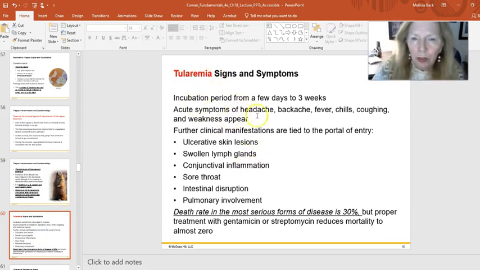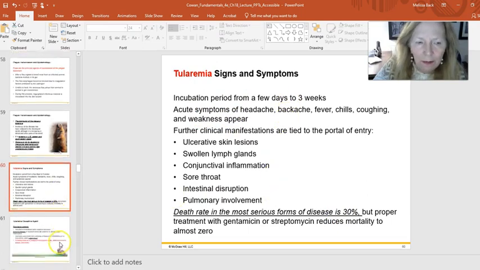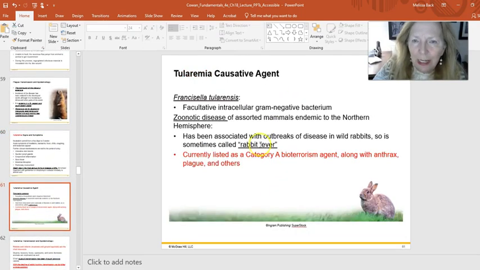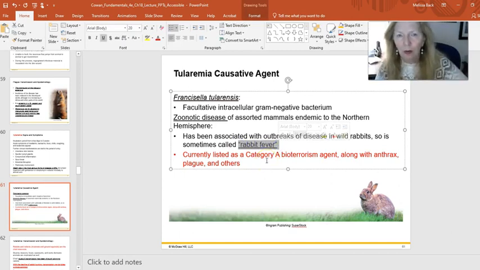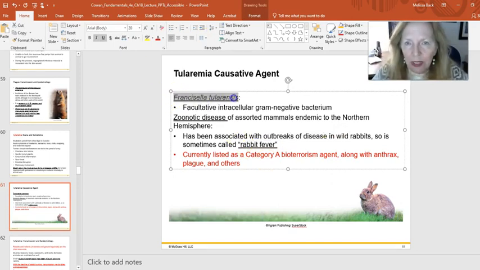Tularemia. Tularemia is going to be, and you can see, most serious forms of it. Francisella tularensis is the bacterium that causes this, and this can be a very serious infection. It used to be, and it's still sometimes, referred to as rabbit fever. We saw more of this when... and again, this is the bacterium that causes it, Francisella tularensis.